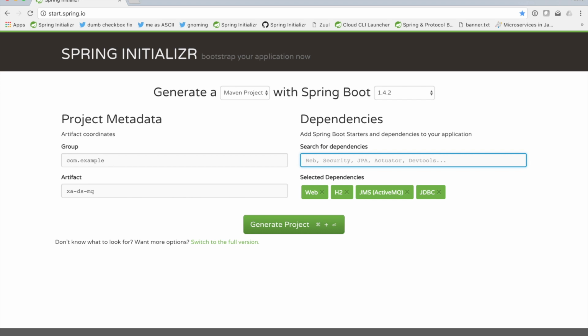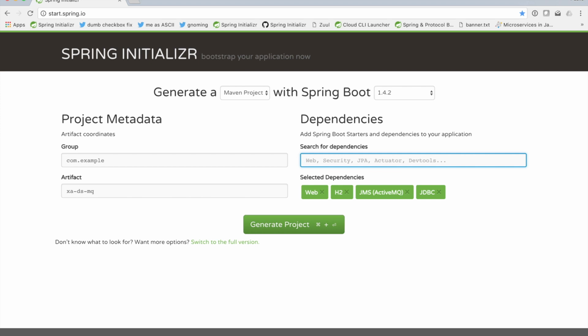And in the JMS world, the Java API for messaging, there's the XA connection factory, which is a JMS connection factory that implements the XA resource contract. And then in the JDBC world, there's an XA data source, which is a data source that implements the XA contract. So as long as you're using JNDI provisioned connection factories and message queues and so on, then the Spring Boot auto configuration will use the JTA transaction manager as it's bound inside of the JNDI directory in your application